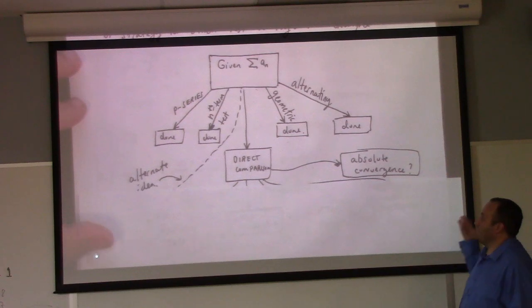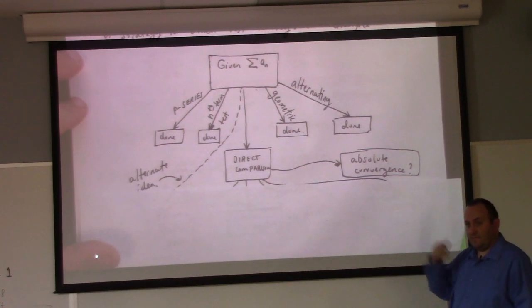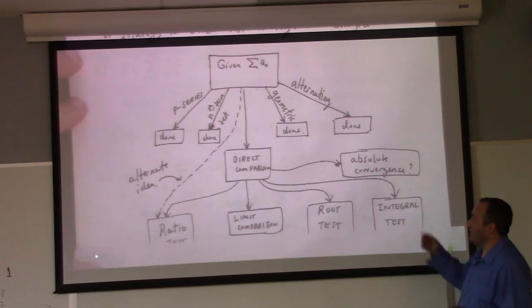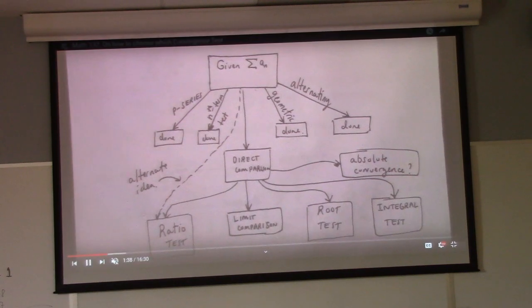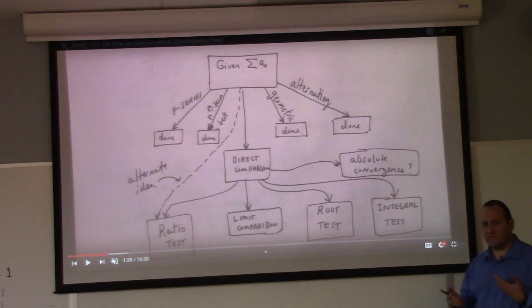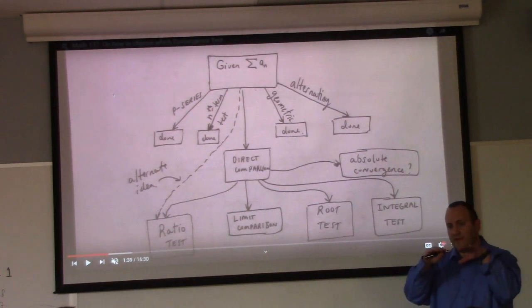But this is the thing I haven't done in class yet, which we probably would do Monday after break. Here's the grand scheme of how I think about it. It's not written in stone, but when I think about the convergence or divergence of a series, this is roughly the picture I look at. If I'm given a series and trying to ascertain its convergence or divergence, there are some things I just do by inspection.